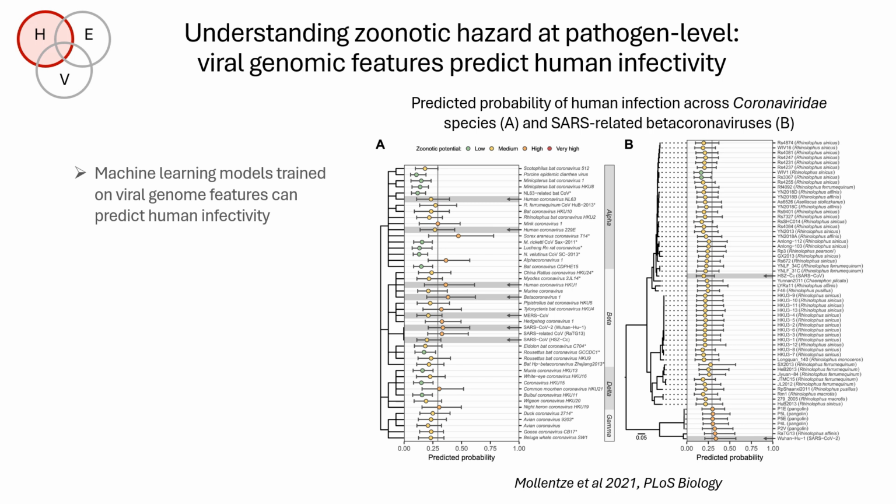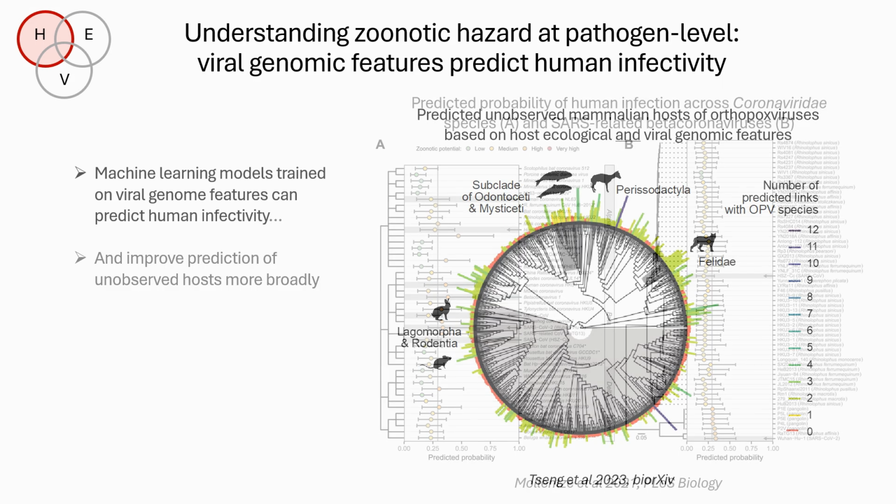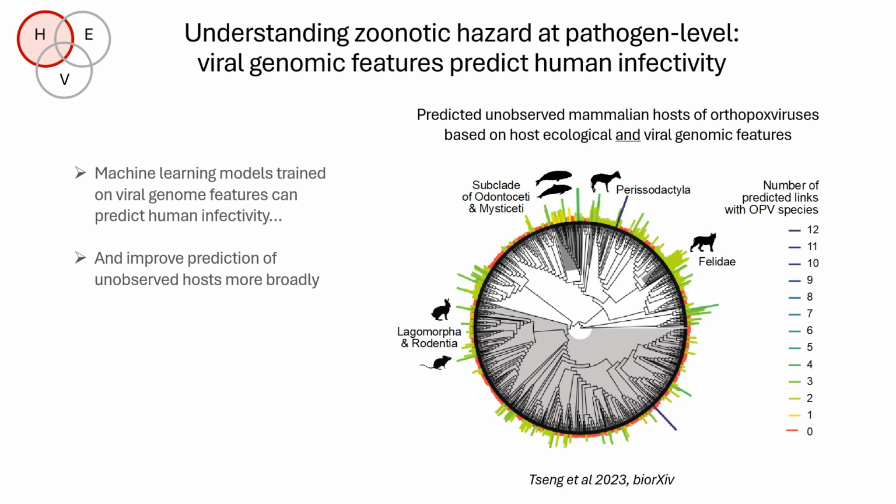And basically using these models to try and identify those viruses that are most likely to be able to infect people based on their genomic features. So trying to think about, could we identify those pathogens before they become a significant risk to people? But we also know that beyond this idea that you might be able to predict pre-emergence human pathogens, which is